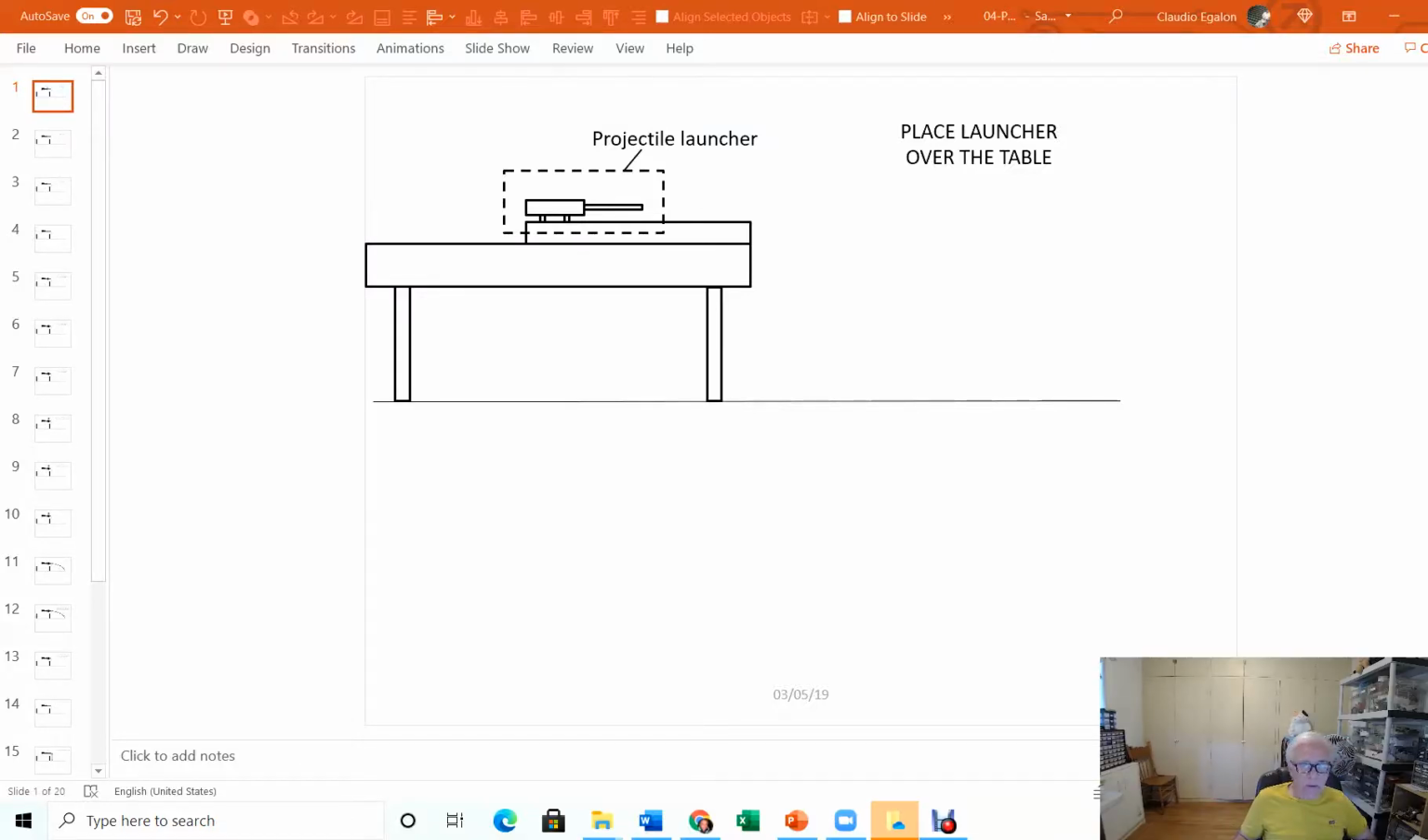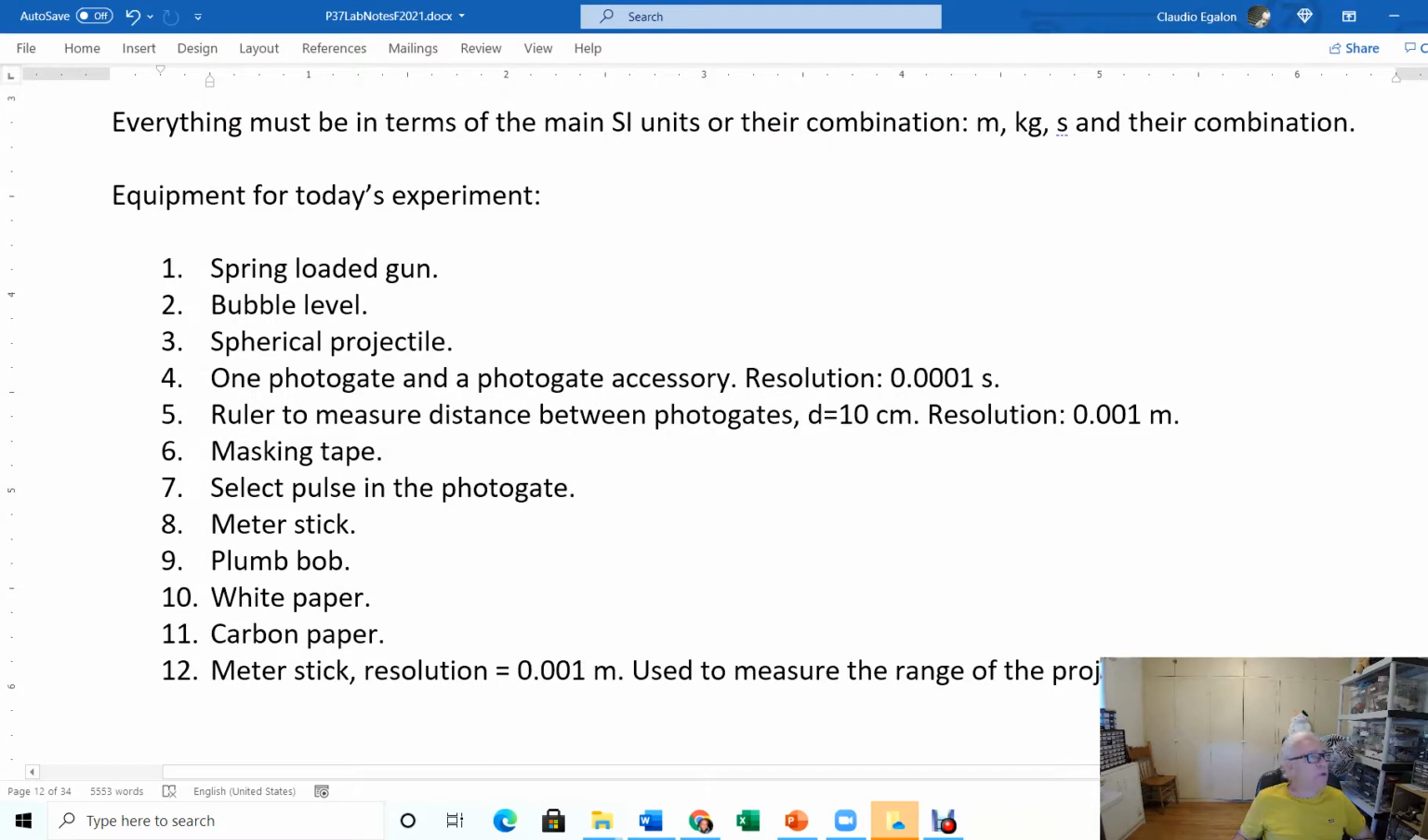This is October 5th, 2021, Physics 37 lab. This is the fourth lab, projectile motion. So we are going to verify the equations of motion of a projectile by using the equipment that I'm going to describe right now. Okay, but before you go to the experiment,